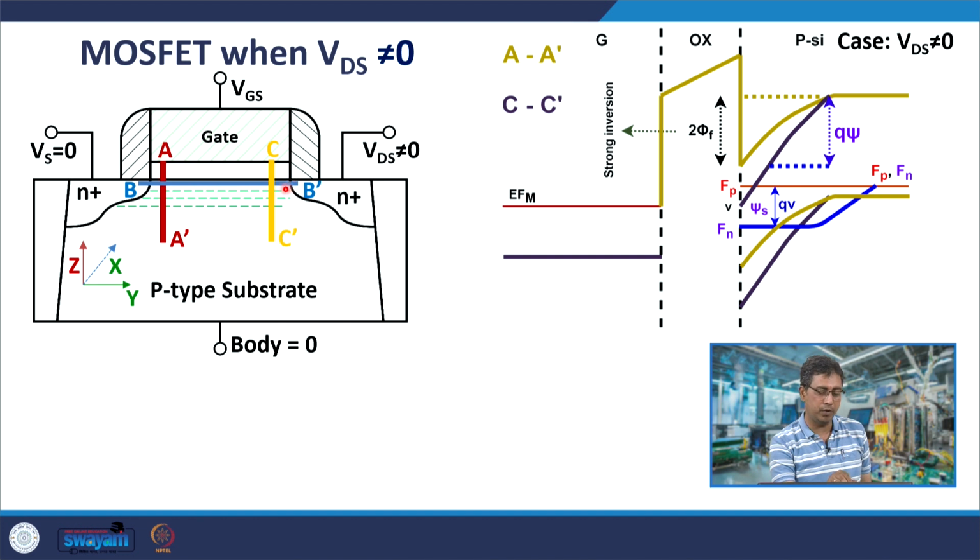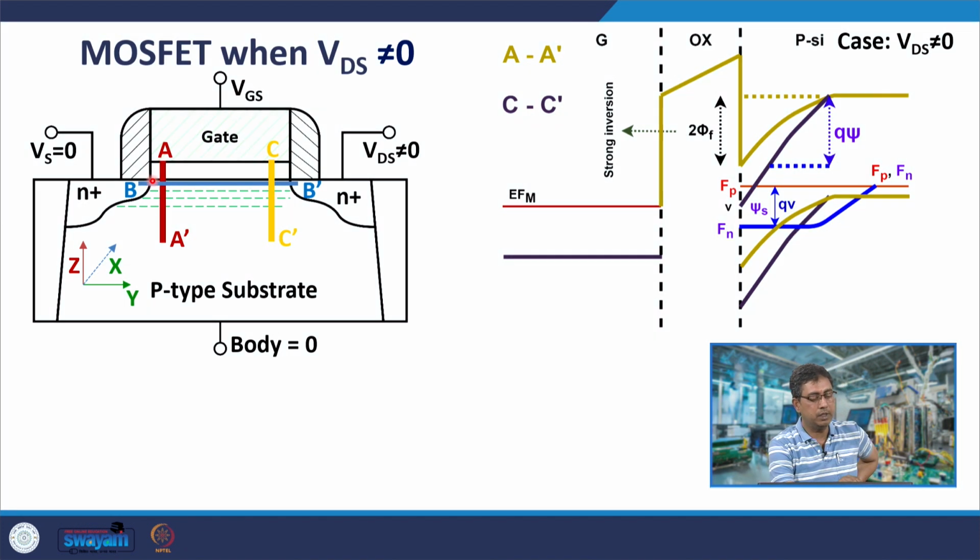The potential would change only in the channel near the drain and elsewhere within the channel, but this part of the channel which is closest to the source is tied to the source electrically. So, there the potential would remain